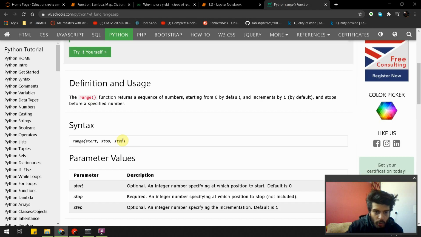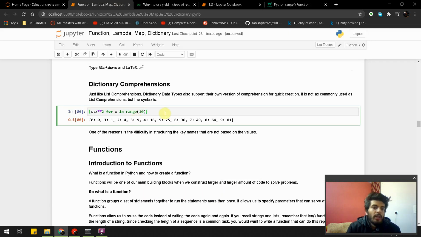If we did not mention the start and step parameters, it is going to take the defaults, the start as 0 and the step as 1, but stop is required and it is compulsory to put this parameter. So you guys know that.